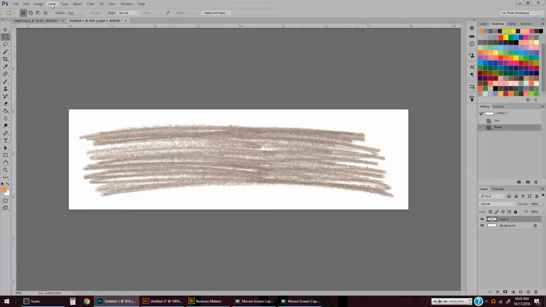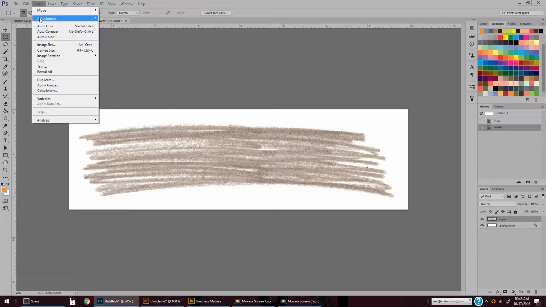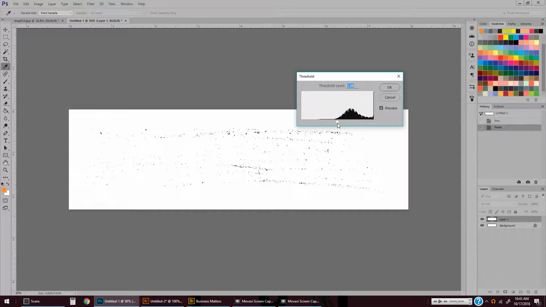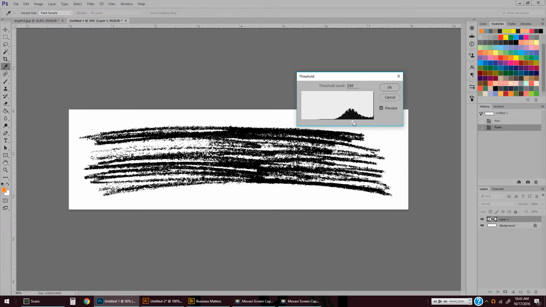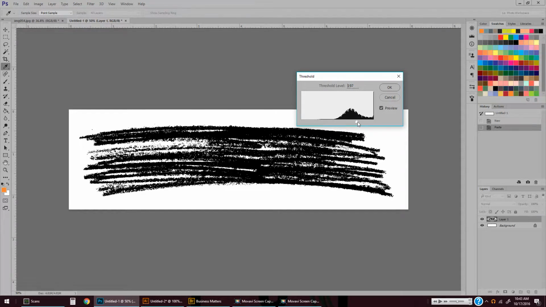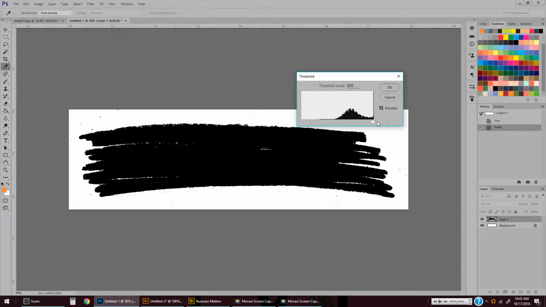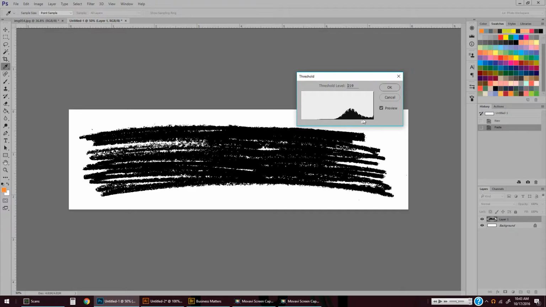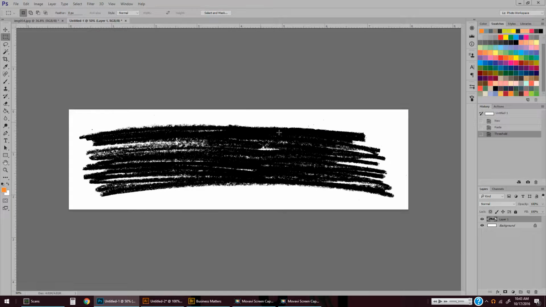I'm going to go to Image, Adjustments, Threshold. Now I used kind of a light brown, so the thing that shows up first is not much texture, but threshold basically makes whatever you have black and white, and you can adjust how much you're using. So I'm going to go to about here, and that's kind of an interesting texture, but I want to make this an all over swatch. So I'm going to crop it,